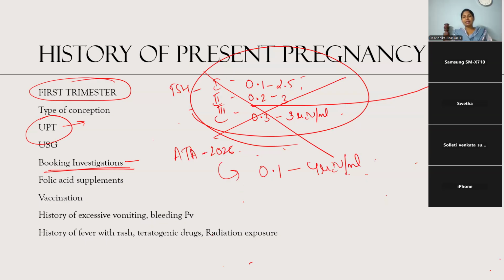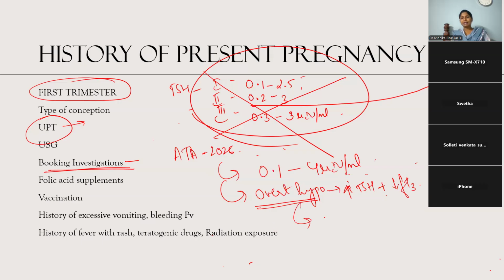And they also tell about overt hypothyroidism. So what do you mean by overt hypothyroidism? That is, there is raised TSH plus low FT3. So when the TSH is high but the FT3 value is low, at that time you call it overt hypothyroidism. So in overt hypothyroidism, they take that if it is less than 6 in the first trimester, you still